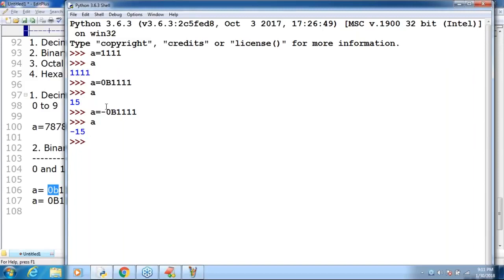Either a positive number or a negative number, no problem at all. Some people ask, sir, how to represent negative? Plus or minus, no problem at all. Just the symbol is all we need to use. Don't worry, sir. That's all. This is the decimal and the binary.